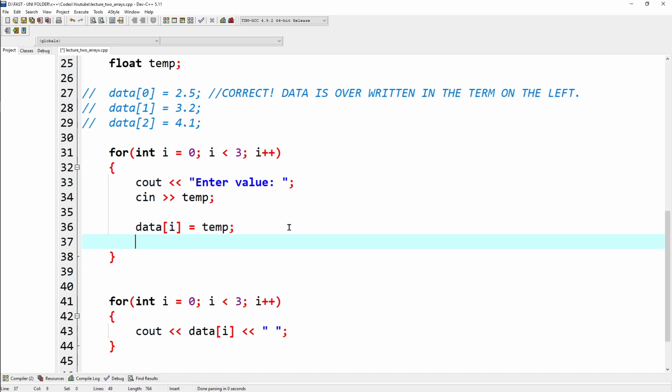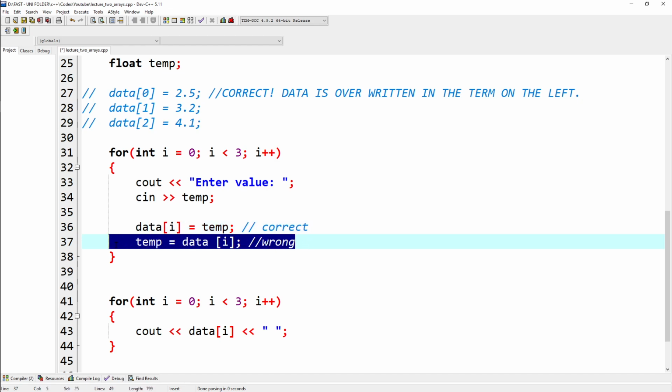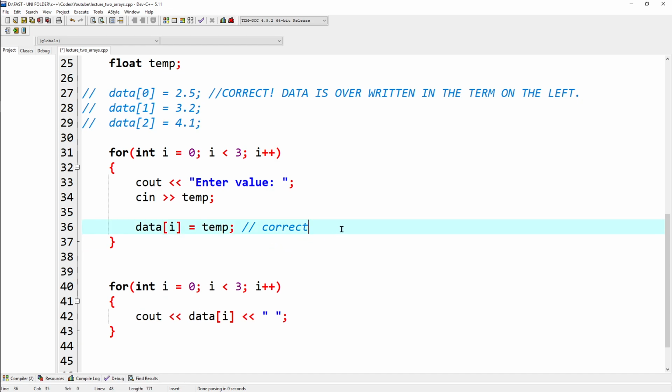So whatever value was initially in this array at data position I, it is going to overwrite. Keep in mind, if I wrote temp equals to data I, this is going to be wrong. This is going to be a logic error, meaning the code will run, but what will happen is the value at data I is going to be stored in temp. That's not what we need. We need the value of temp to go into data I. So hence the first one is correct. As I have told you, the variable at the left takes in the value, right? So we're going to put data I on the left, as we want that to take in the value. Now if we run this,